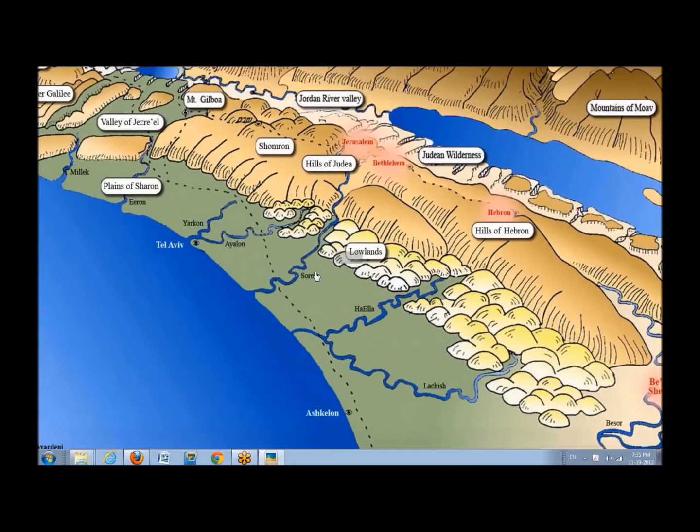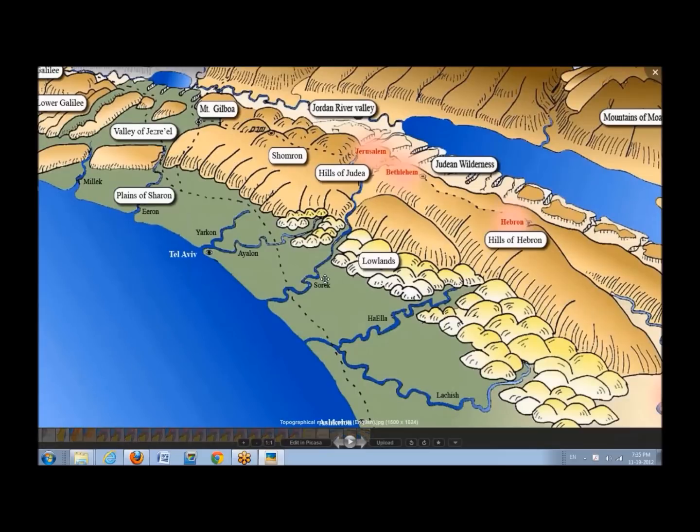But this is an example of understanding where these riverbeds are, which helps us understand why certain battles in Tanakh happened where they did. And we will learn about that throughout the course of the year. Okay, the last thing I want to show you, we only